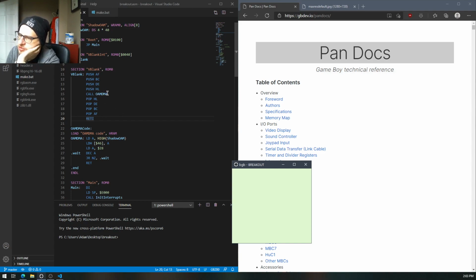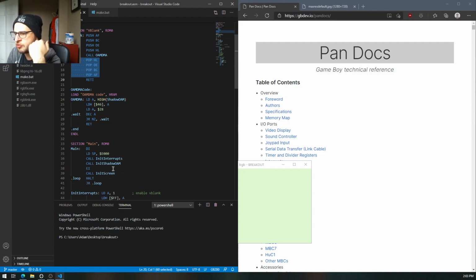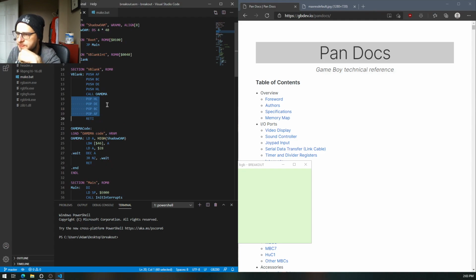Right now the only thing we're doing in vblank is we save the current CPU state into memory on the stack, and then restore it at the end, because this can get called wherever and we don't want it to mess up what we're in the middle of doing. Then we invoke this DMA, direct memory access code, which is specialized hardware on the Game Boy which lets you update the state of the